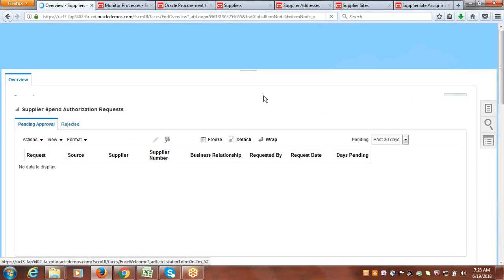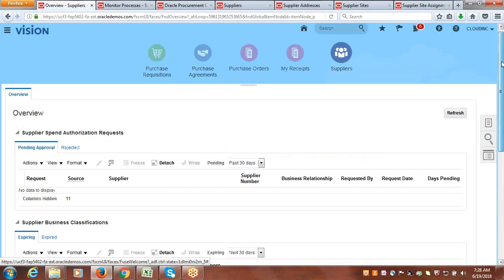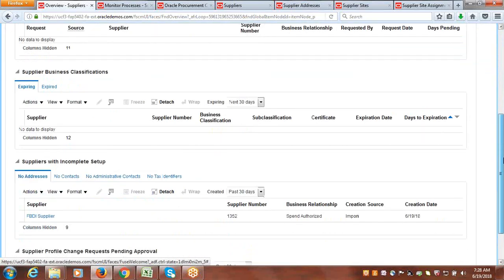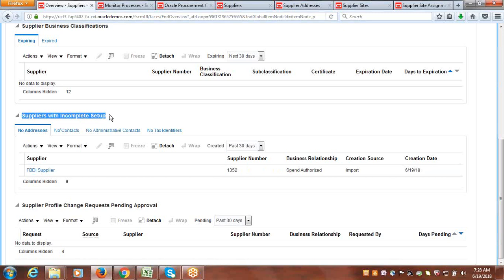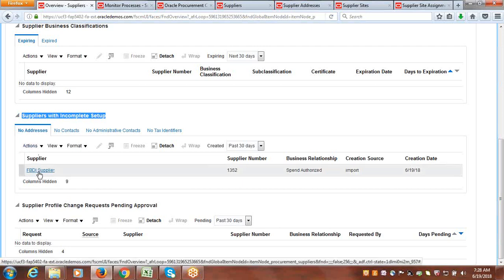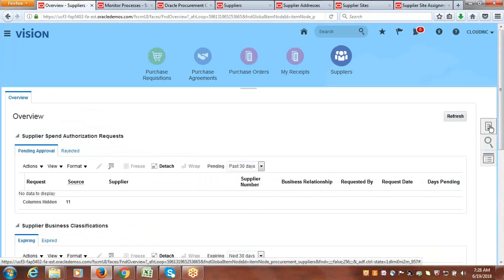We'll land on this suppliers related dashboard. You can search and find, but instead of doing that, scroll a little down. Here you can see suppliers with incomplete setup. What is that incomplete setup? No address. Is any supplier like that? Yes. Just now we loaded a supplier called FBDA supplier. That supplier doesn't have any address. So under this section you can find it. The same you can search and find from here also, or else click on the same name, it will